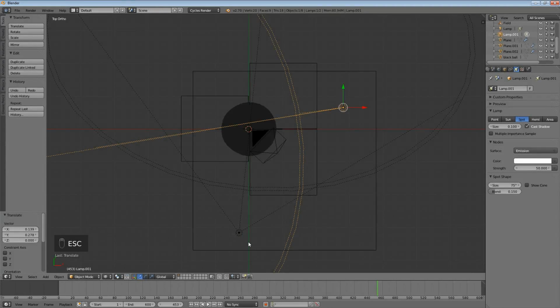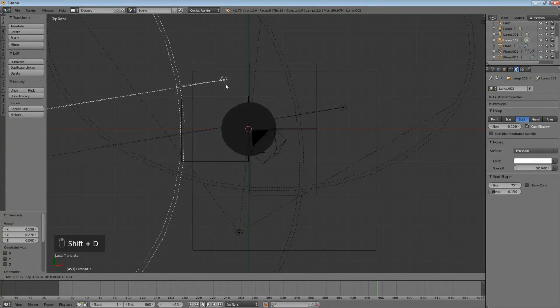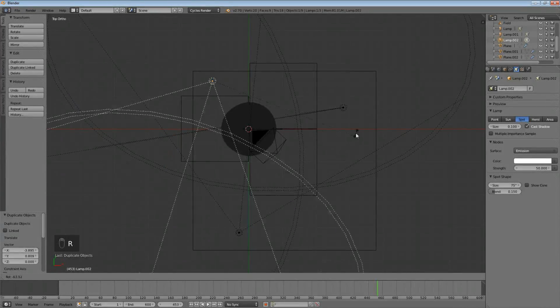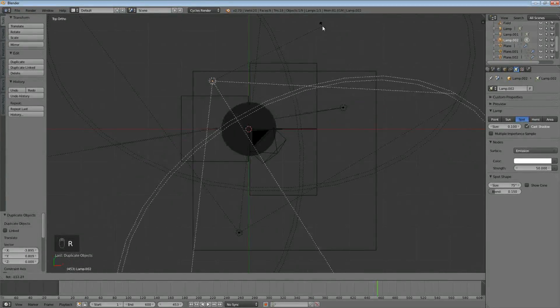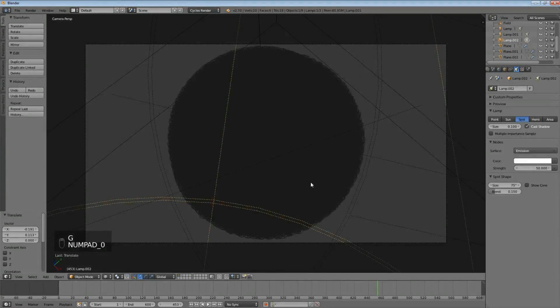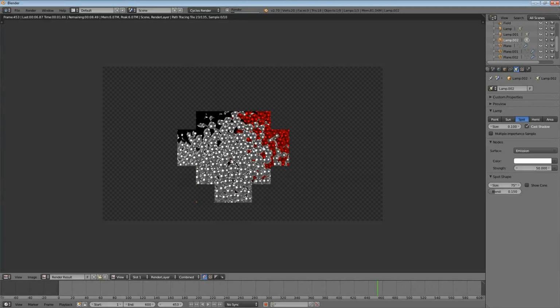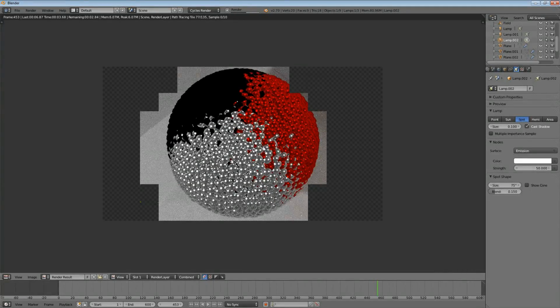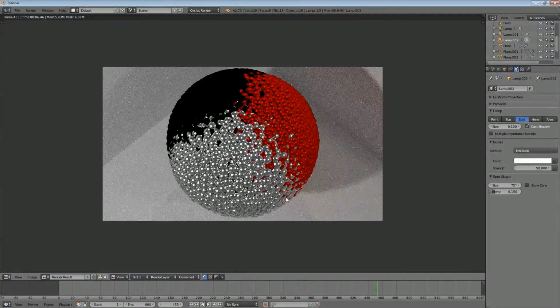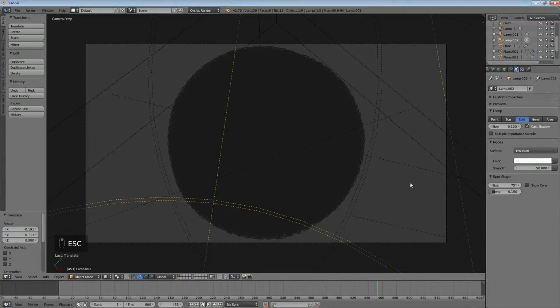So this is kind of how the 3-point lighting system works, but we're also going to hit Shift D, duplicate it over here, and then rotate it so that it's looking at it this way. This will add, hopefully, a backlight, and it does slightly, so it just kind of illuminates it. Next, we're going to go